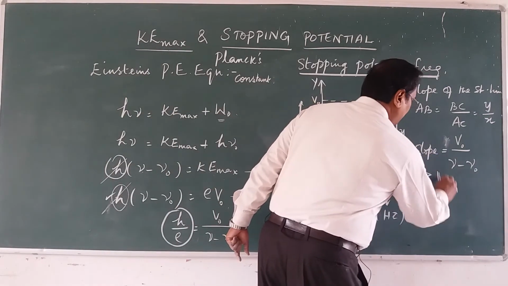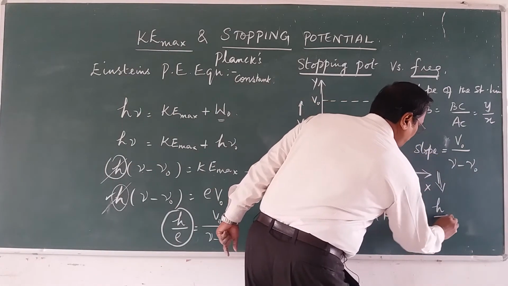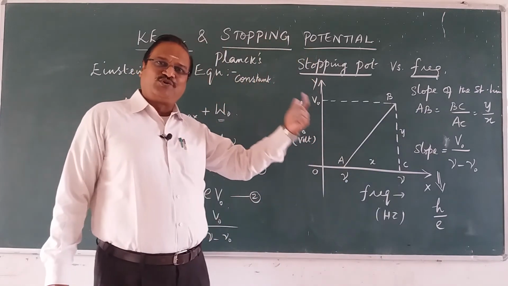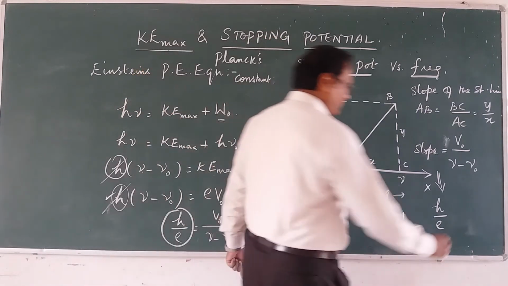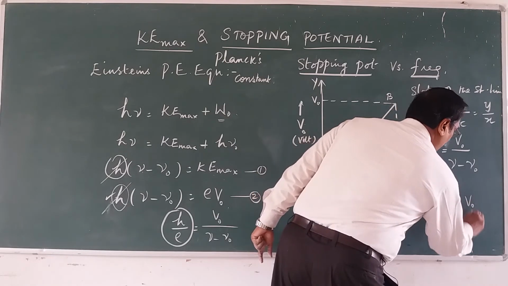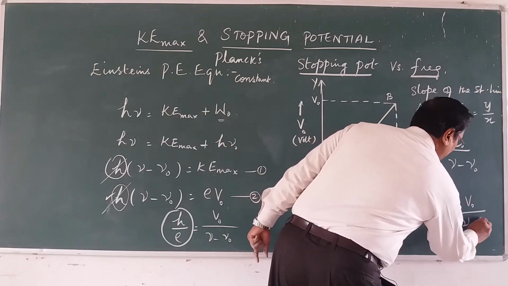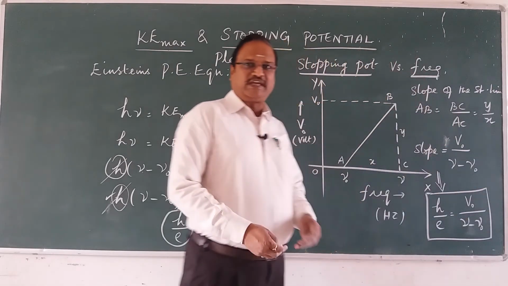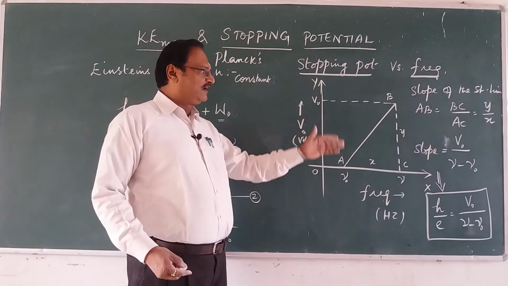So the slope here gives you h upon E, whereas in the kinetic energy graph it gives you the Planck's constant directly, which is equal to V naught upon nu minus nu naught. This is also something you can learn from this